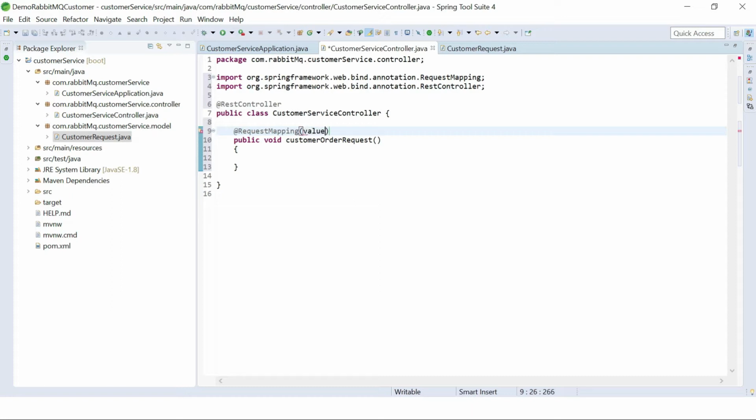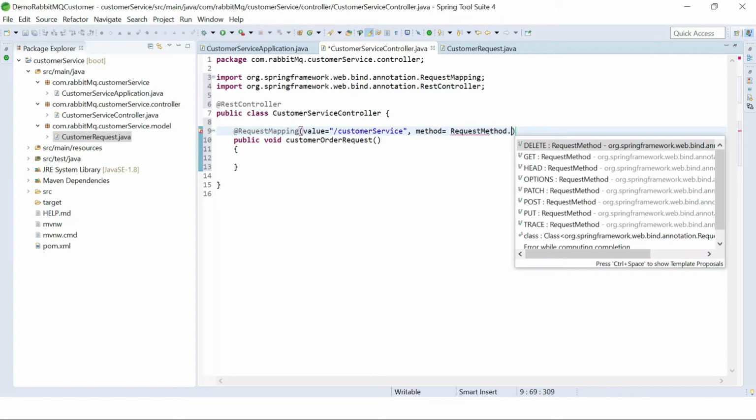So the URL name I'll give is customer service, and the method will be request method dot post.